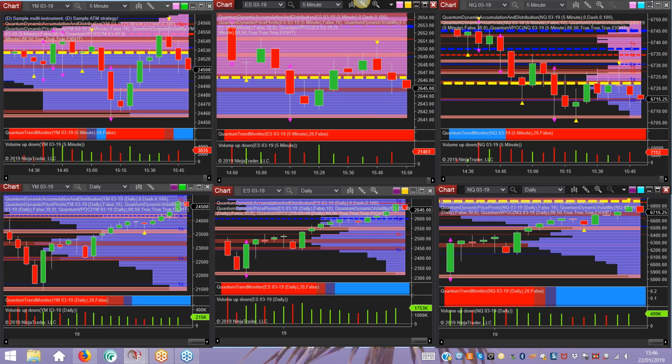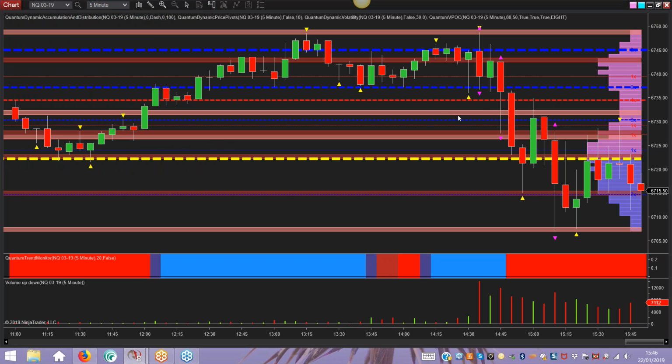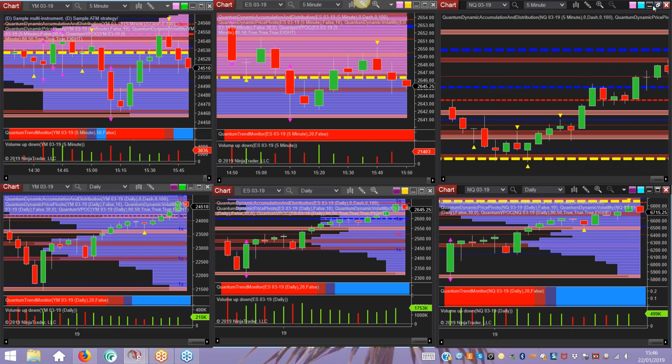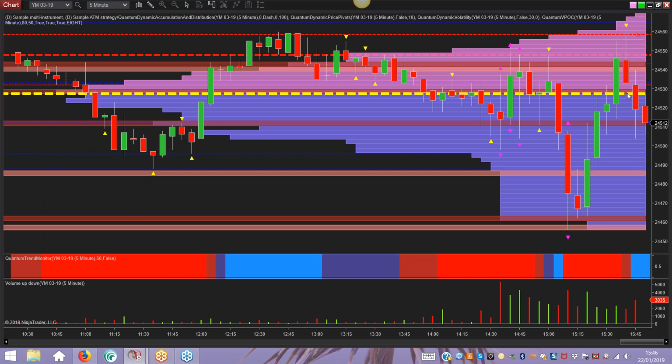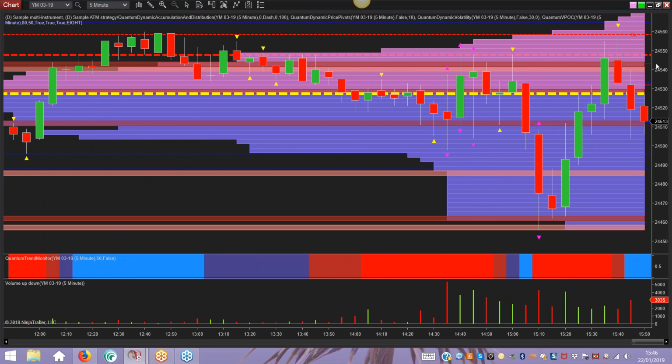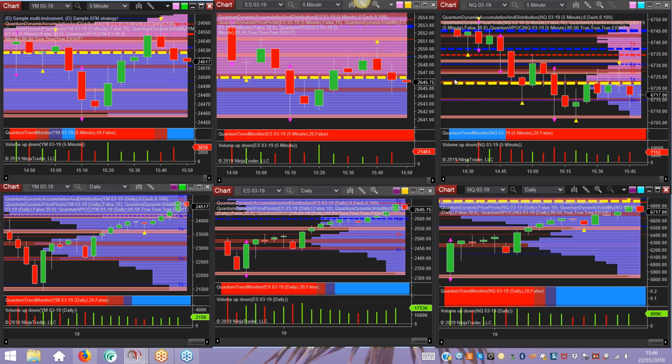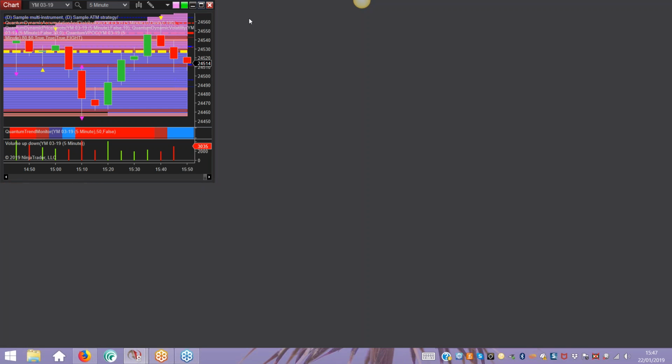Just pop that down, see what's going on in the other one. NQ pretty much doing the same. No great direction at the moment. And it's very easy when you see that, I think it was this candle here which was forming as I was talking. You see that the candle moves quickly and you think, oh great, here's a move, and you want to jump in. Until you get some direction into this, you just have to sit on your hands and wait. None of us are very good at patience, I'm afraid. But it's a fact of life. We just have to wait and wait for the trades to come to us and not try and force trades all the time.